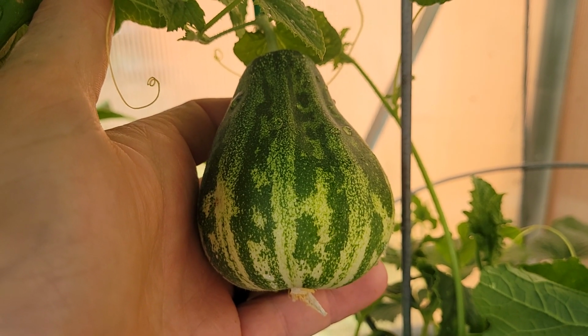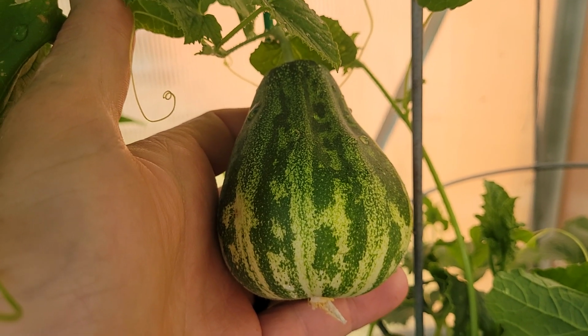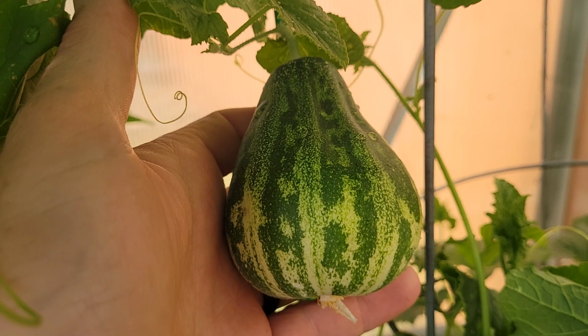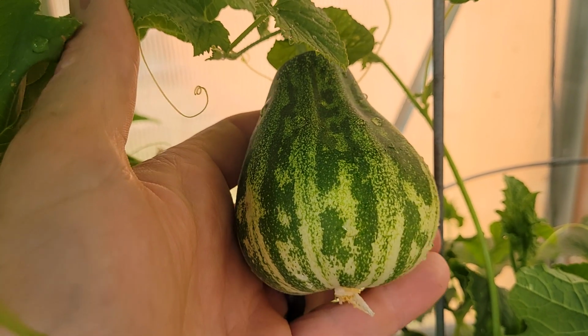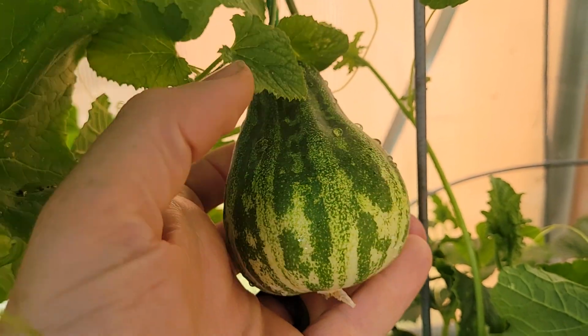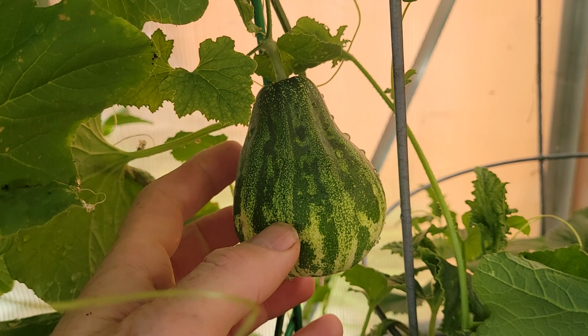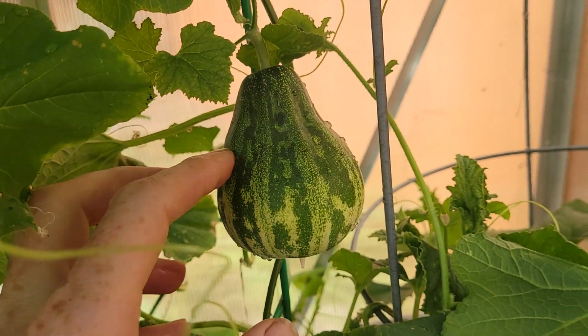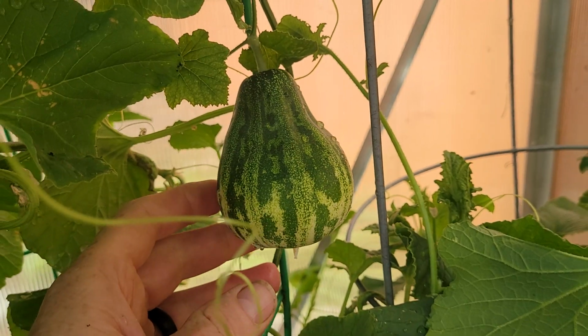It's a Cucumis melo variety conomon, and I'll show you what conomon means compared to a regular Cucumis melo or Cucumis sativus as we go. So let's take a look at these and see what we can figure out. So this is a fruit. Usually this fruit of this variety is a little more cylindrical, a little less heart-shaped, but I did have some